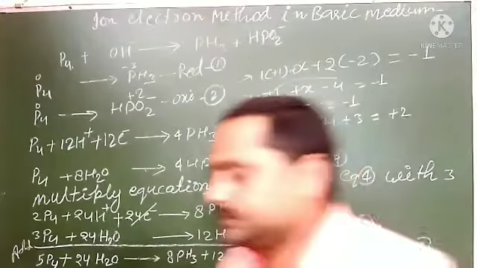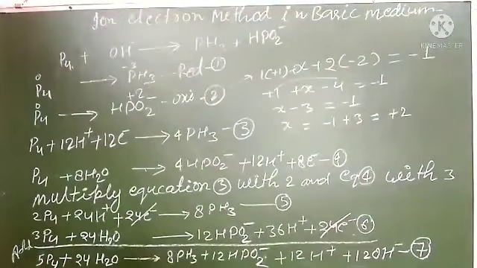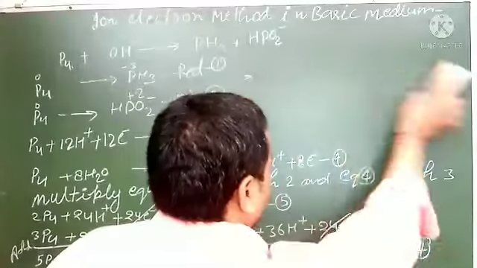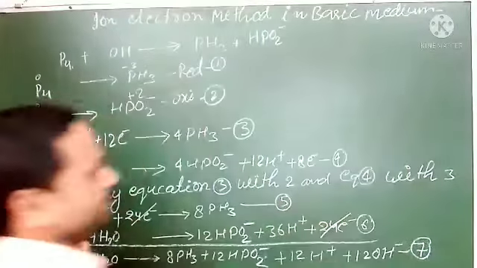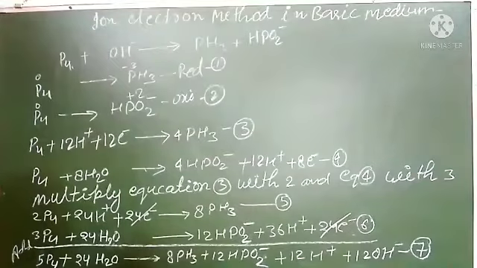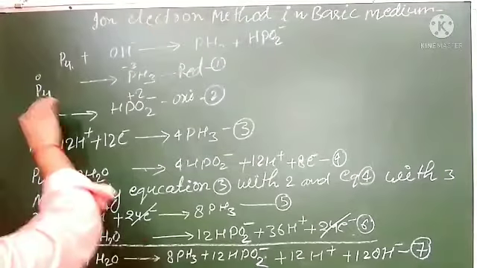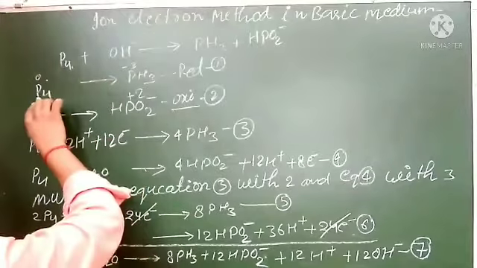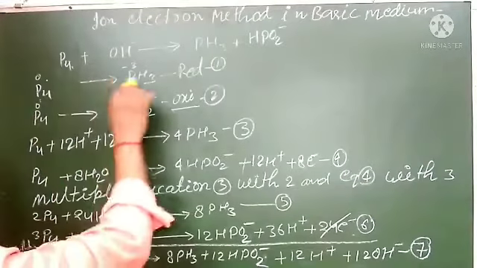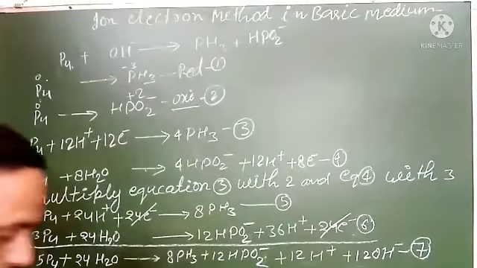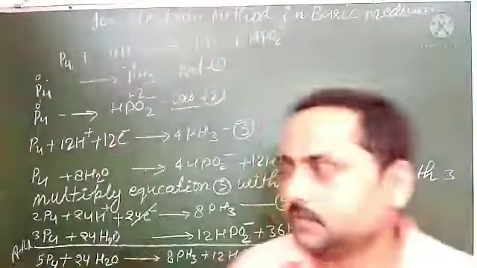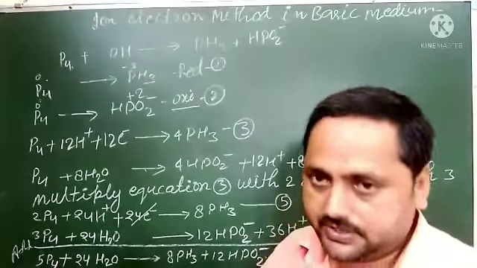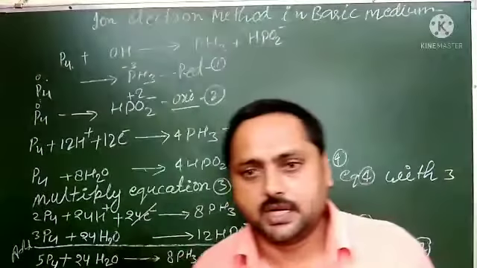So what you got here is that the oxidation state changes. I will write it here, where I have left some place. The oxidation state goes from 0 to +2, so this is oxidation, and that is a reduction. Just see, P4 to -3 is reduction. So we got two half parts. After that we can solve it. First we will solve one half part and then the second half part.